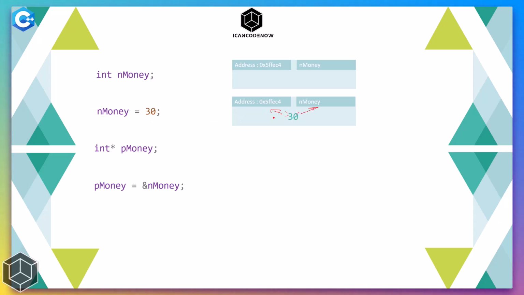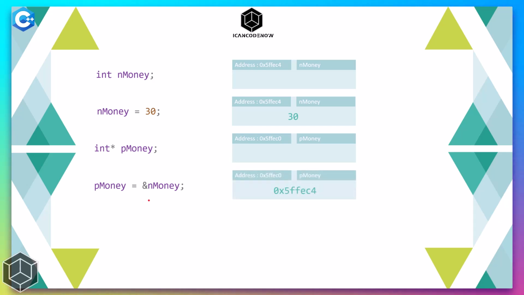assigned to this address. And when this third line is hit by the compiler, memory address is reserved again for this pointer variable, and in order to store an address or a value at this location, the compiler hits this fourth line and gets the address of the variable that is written next to this address operator. So in this case, we are trying to say, get me the address of n money, and it goes and sees that, oh, this is the address of n money, and copies that n money address and stores it